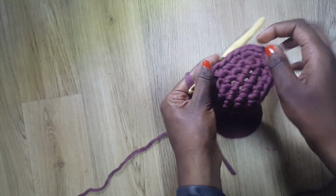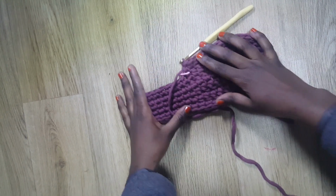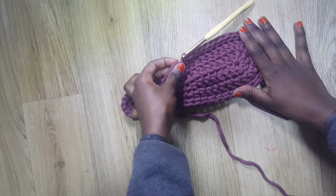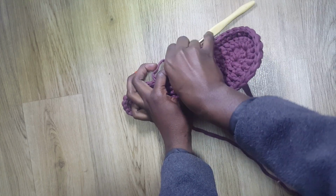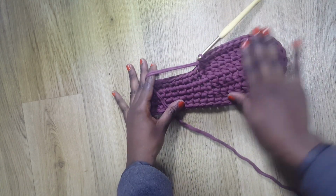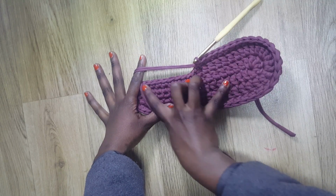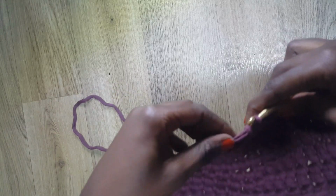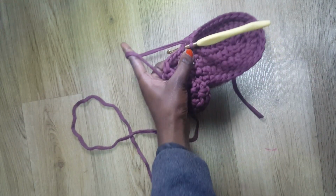So I'm going to do single crochets all the way to here and come back. Okay, so I've reached the part where I put the stitch marker, and now I can remove the stitch marker because I've done a stitch in there. Now from there I'm going to do 9 single crochets. So you're going to continue and you're going to do 9 single crochets, and I come back